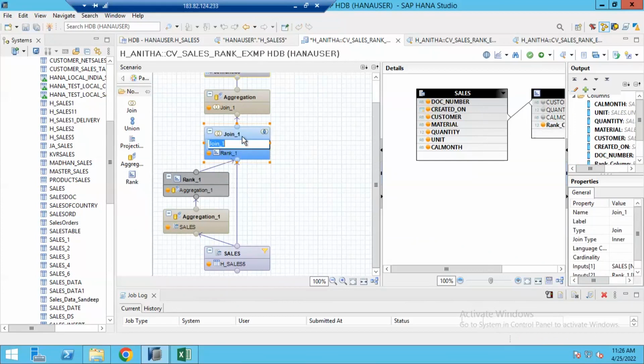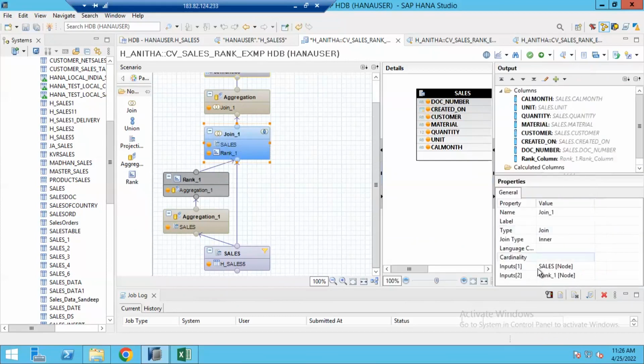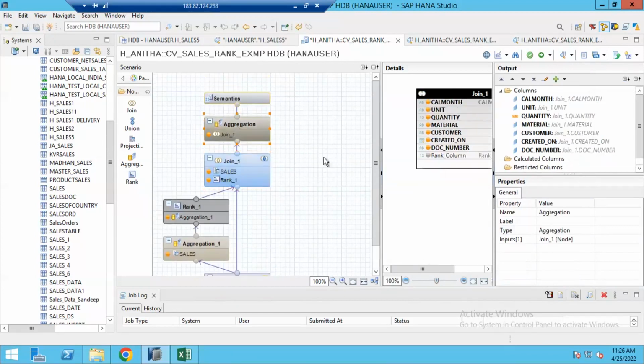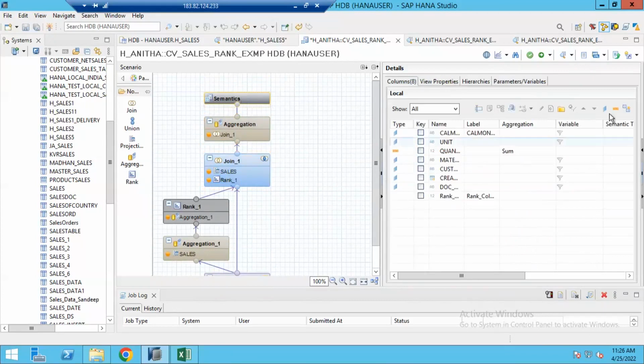If you click on this join node and see the properties here, you can see what is the left node and what is the right node. Anyway, it is an inner join, so either is fine here. So I am going to my aggregation node and selecting the rank node also to my output. I am going to semantics, doing auto layout one more time, and then activating my calculation view, and let me do data preview. So if I do data preview now,